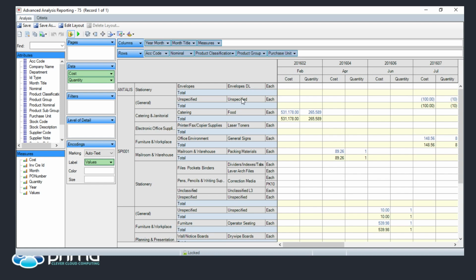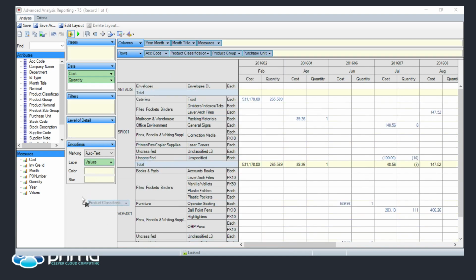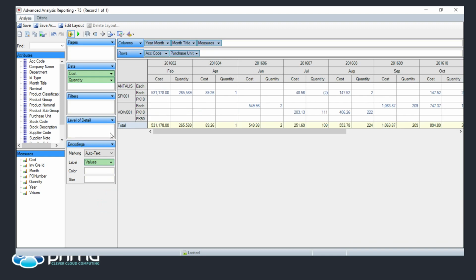Now, I personally think to start with it looks a bit busy, so we can strip out a bit of the information and just leave it with some relevant stuff to get you going. In the first instance, it might just be show me the spend by supplier. I don't want to see any of this, so you can just click and drag the information out. So you're looking at a month by month view